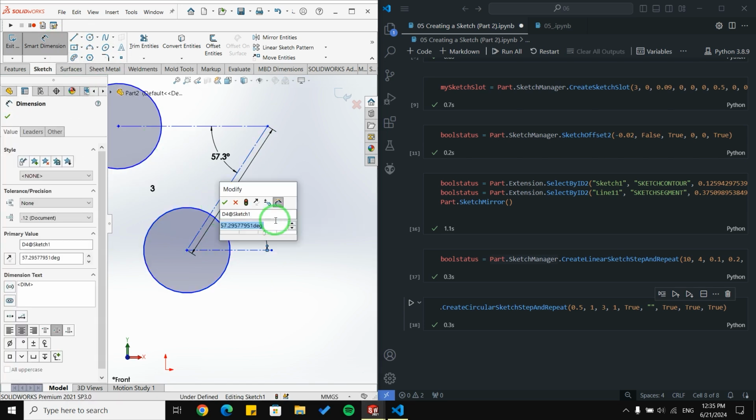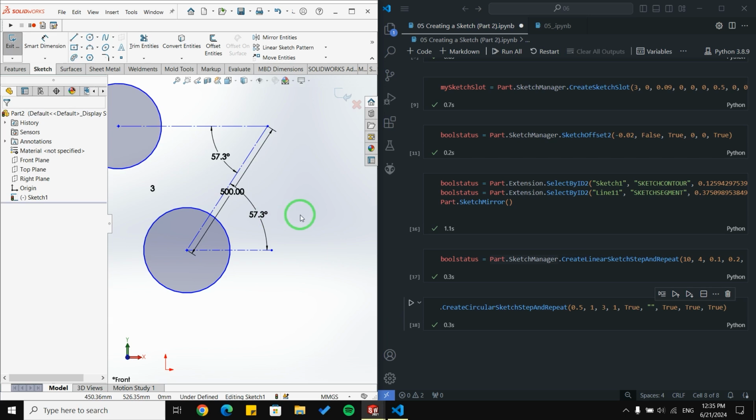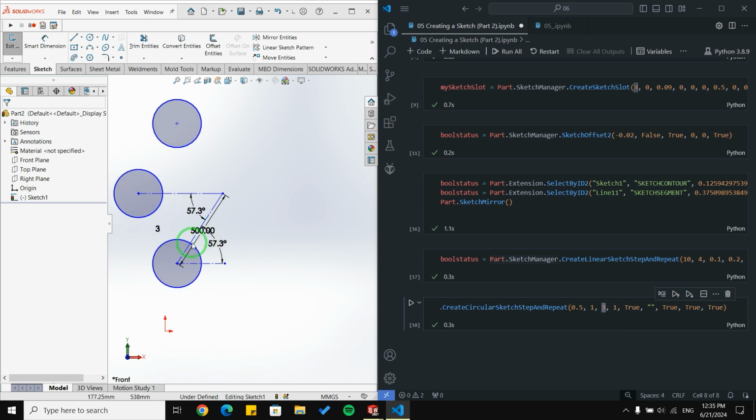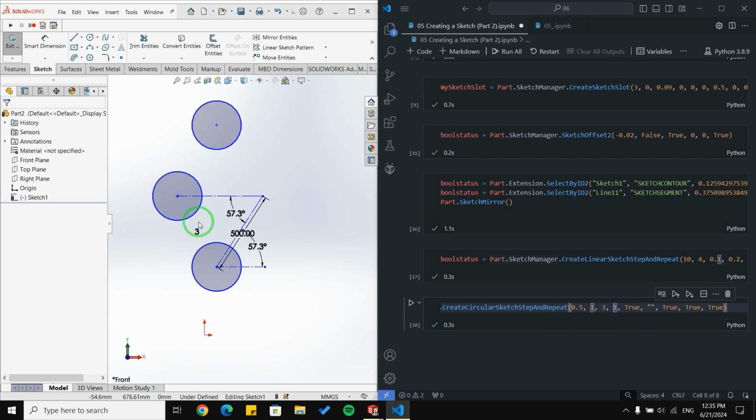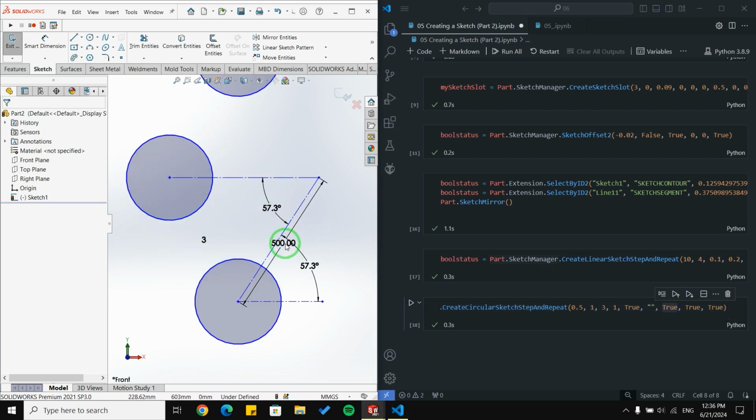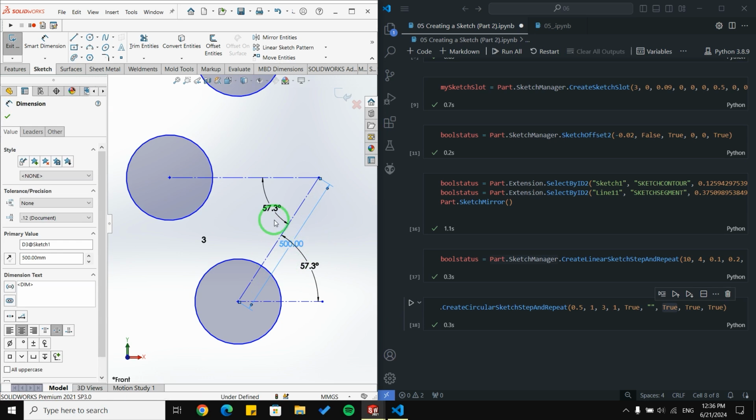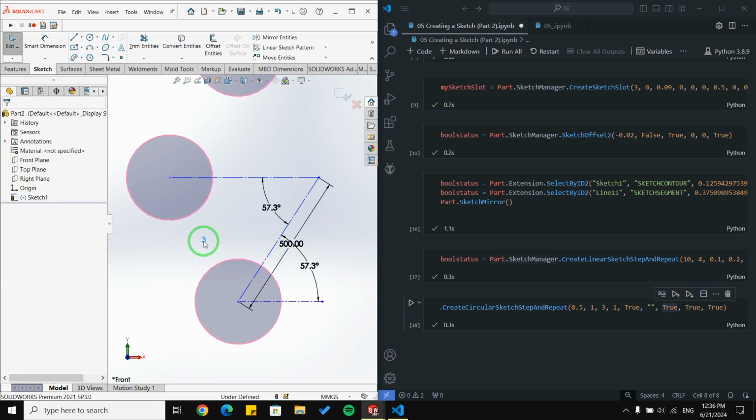Okay, and this is 1 radian. 1 radian is equal to 57.3 degrees. So this is 1 radian or 57 degrees. And the number of instances, I chose 3. So now I have 3 sketches here. And for the spacing, I chose 1 radian or 57 degrees. As you can see here, SolidWorks is showing me the arc radius, spacing, and the number of instances.